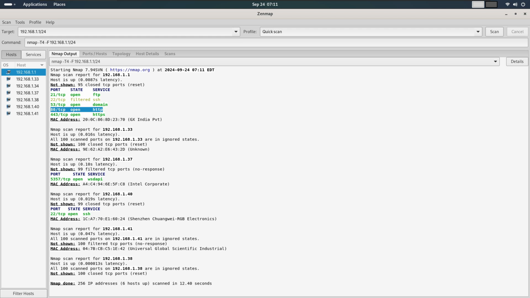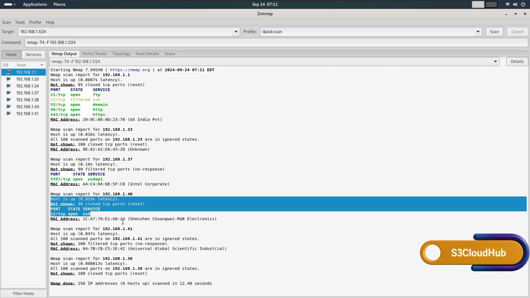We also see that the device has port 22 open, which is for SSH, a service used for remote access. As we go through the devices, we can see which ports are open and what services are running on them. This is crucial because these open ports could be potential points of entry, especially when we move to the next